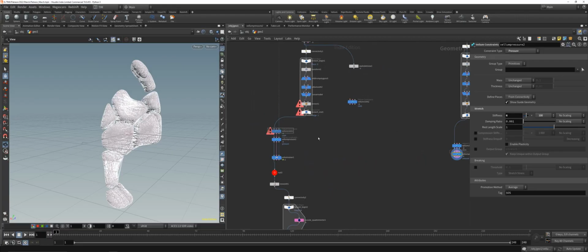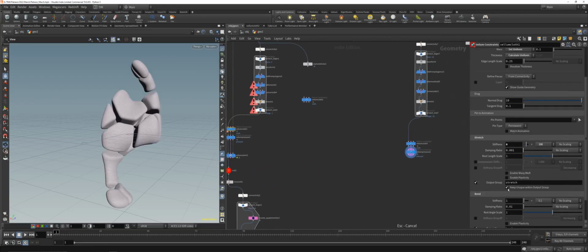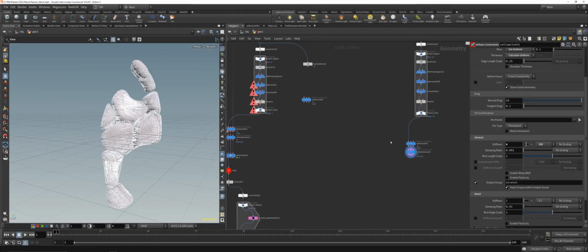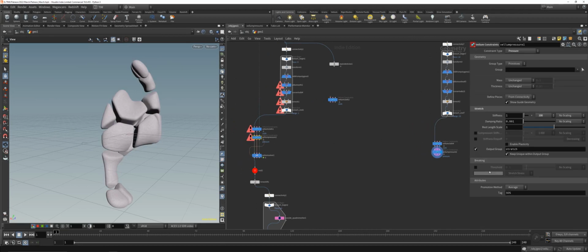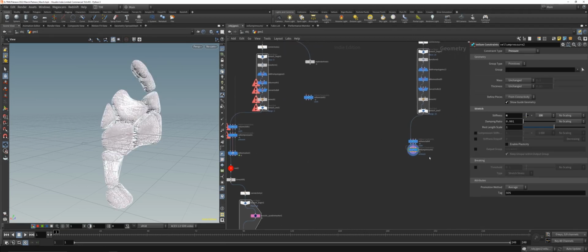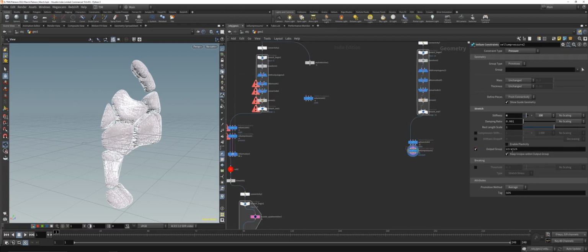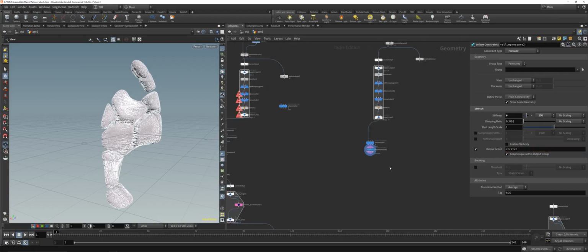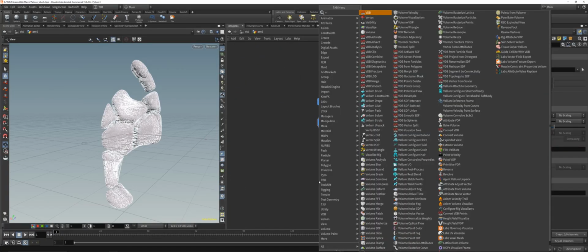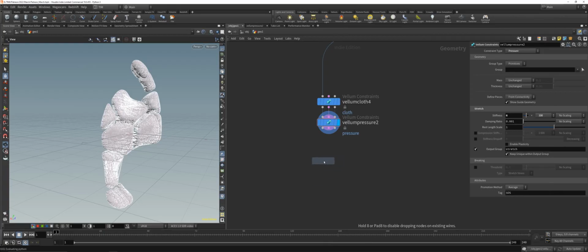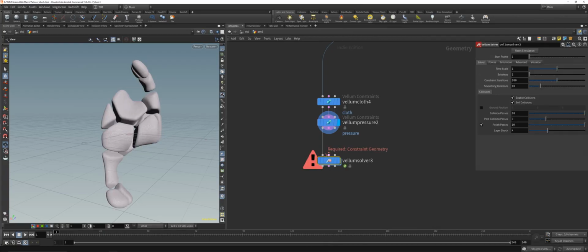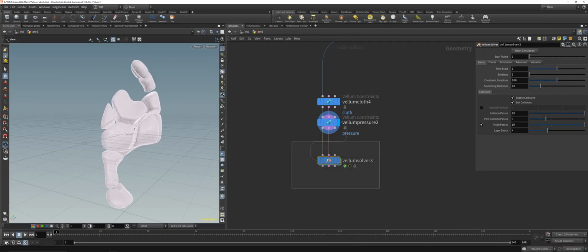Then what we will need to do is enable the output stretch group on the vellum cloth, and on the vellum pressure we got our output group on the pressure constraints, so we need to put that out, stretch. And then we can place down a vellum solver, pipe the geometry into the geometry, the constraints into the constraints,